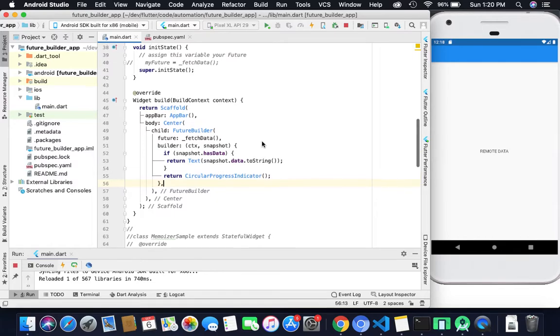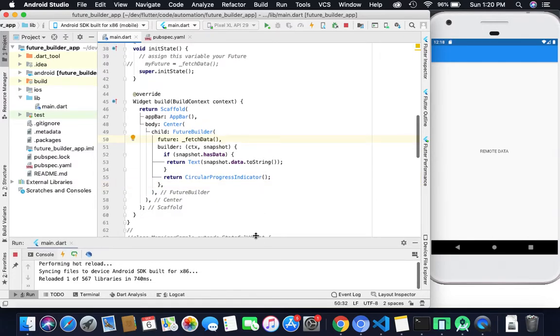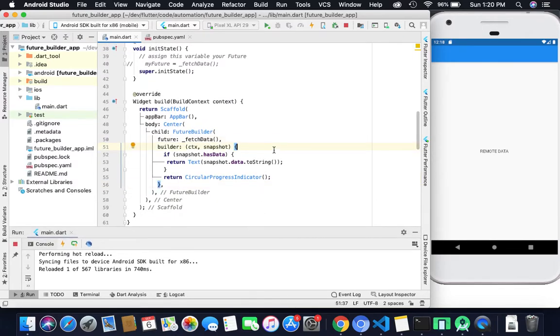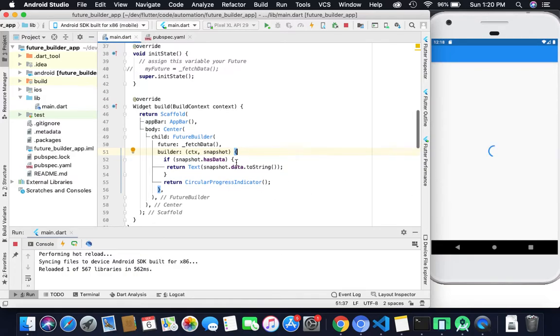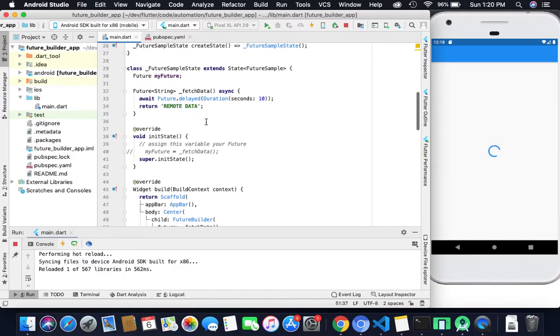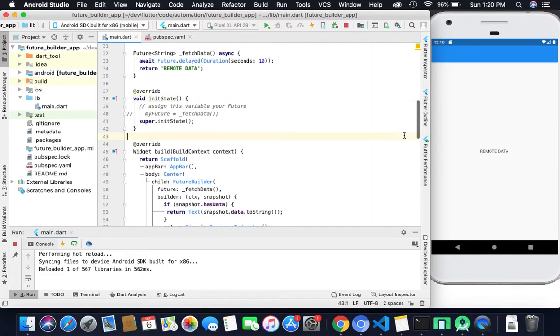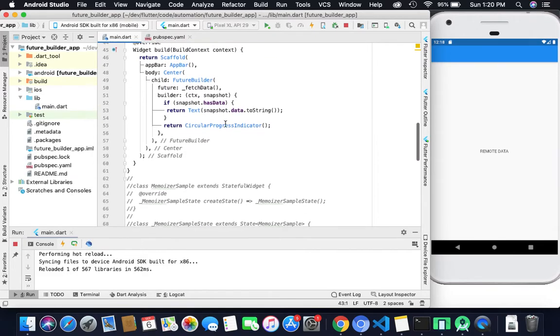I am rebuilding it again, and you can see the circular progress indicator appears. After 10 seconds it returns the data as remote data.